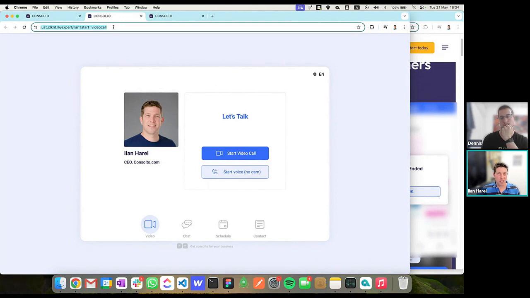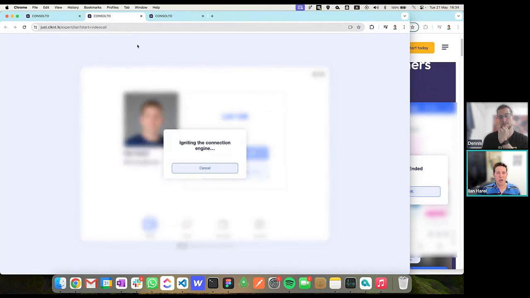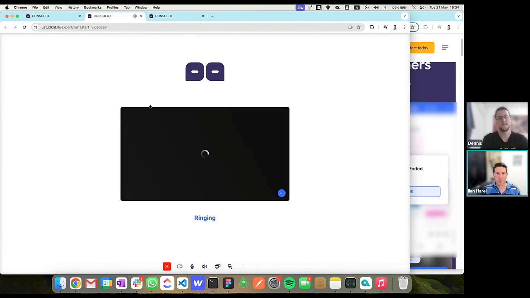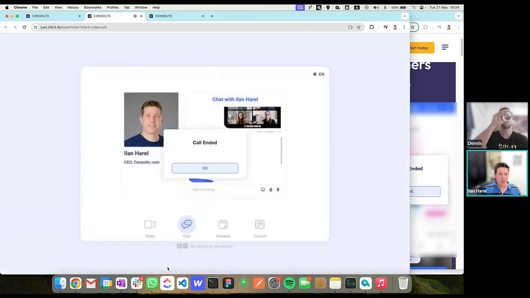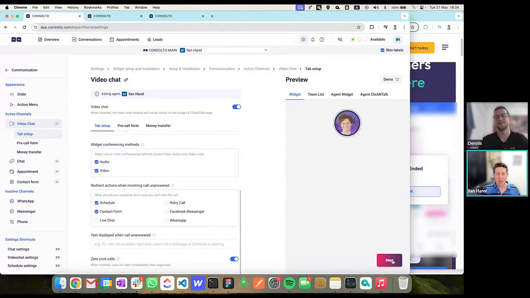Please note that in this case, when I clicked, the customer will have to click start a call. But now when I turn the 0 click calls to on, it's just going to work once I click this website. Okay, same as before, same behavior. So I hope this helps understand how this is managed.